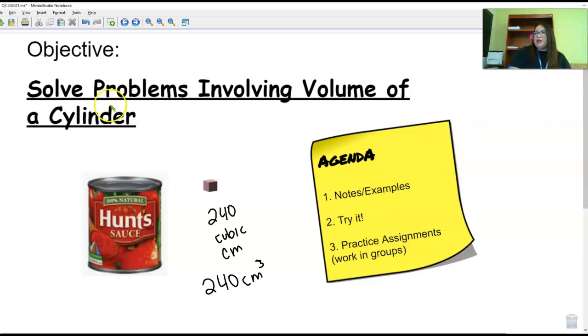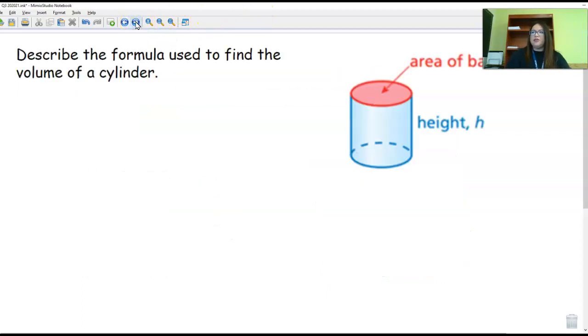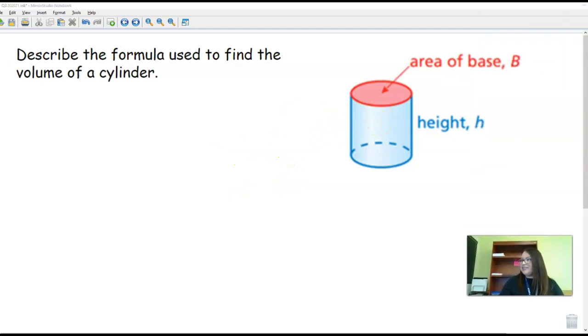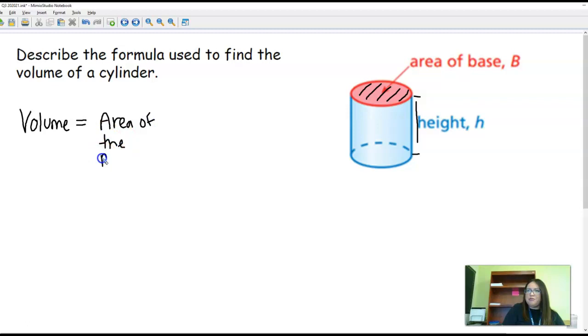All right, so solve problems involving volume of a cylinder. Now, if I look at a cylinder, the cylinder has circular bases and a curved surface, and it's a three-dimensional object. Let's describe the formula that we found out yesterday. Very simply put, the volume of a cylinder can be found by multiplying the area of the base times the height of the cylinder. So let's write down area of the base times the height